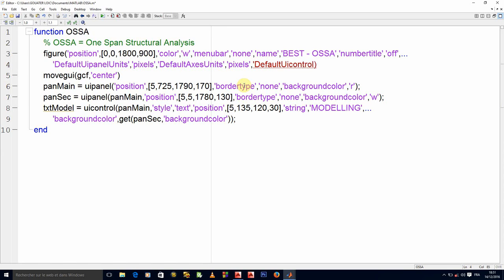So it is default first, then the type, then the property, font name. Default UI control font name. I would like it to be Times New Roman. You can do yours, no problem, you can test.